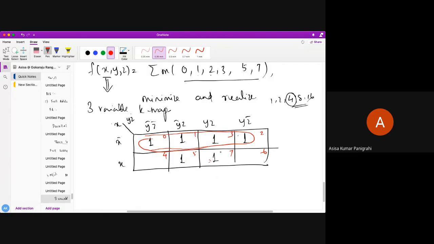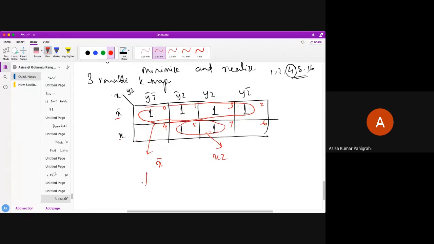Okay, so let's say I have combined it like this now. What will I get as the answer here? For this, it's x bar. So here in all the 4 min terms, what is common? X bar. I have taken that x bar. For these 2, what is common? X, and between these 2, z. Xz is common. Okay, so what is the function I have got here? X bar OR xz. So now how many literals are here? 3 literals. Is that my minimized form? Obviously no. What I have to do, let's do it here in a very simple way.